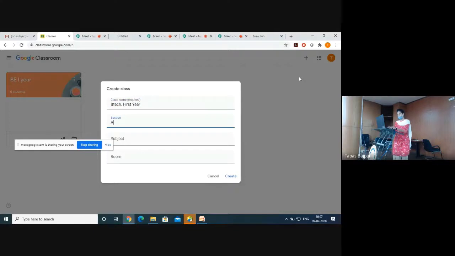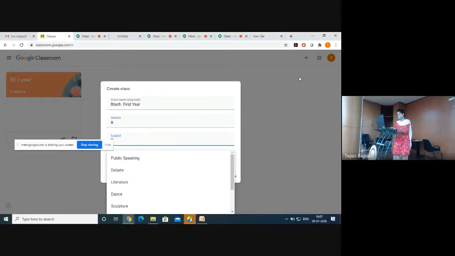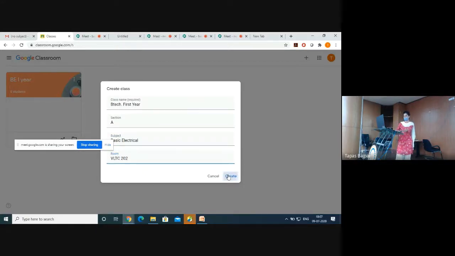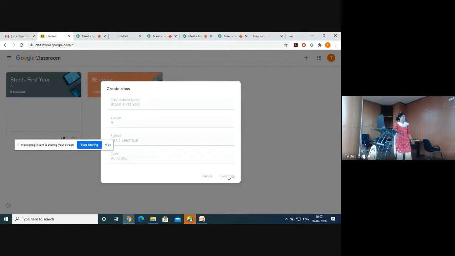Then section, subject, and then room number. Like this, and the class will be created.